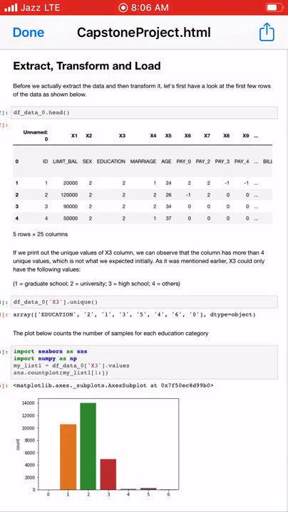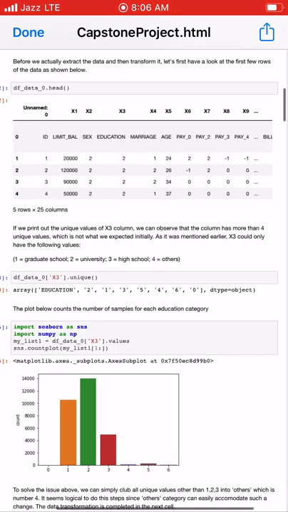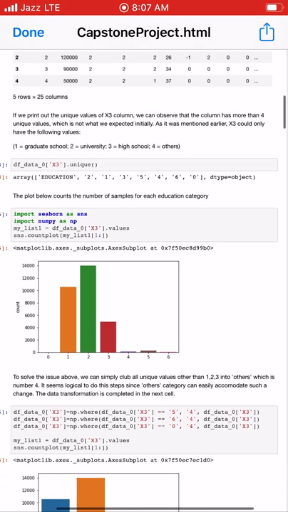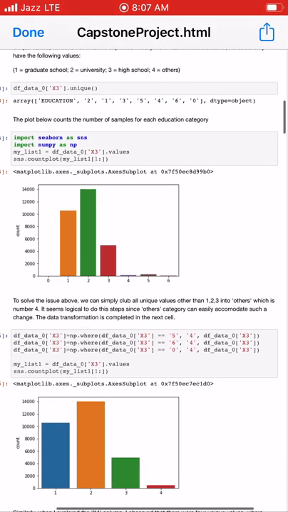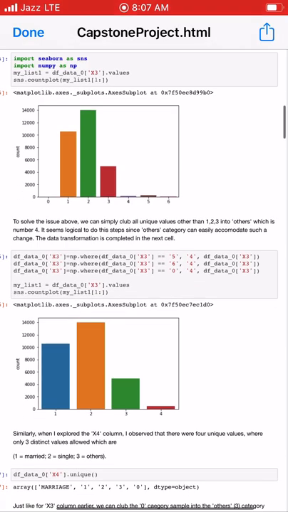We can overcome this problem easily by clubbing all the values that are not in the range 1 to 4 into one category, and I've chosen the value 4 as that category. As you can see below, this graph has values in 4, 5, and 6, but after clubbing all the values into the others category, we can see that the fourth column now has more